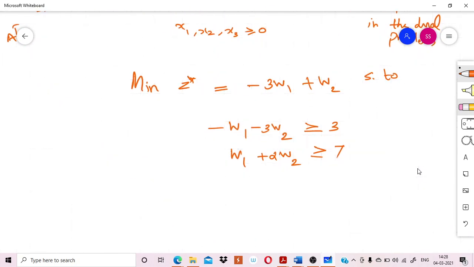That can be the coefficient of w1 and w2. So you write it as minus 1 into w1 plus 0 w2 less than or equal to, and your last cost coefficient in the problem, final problem, that is nothing but